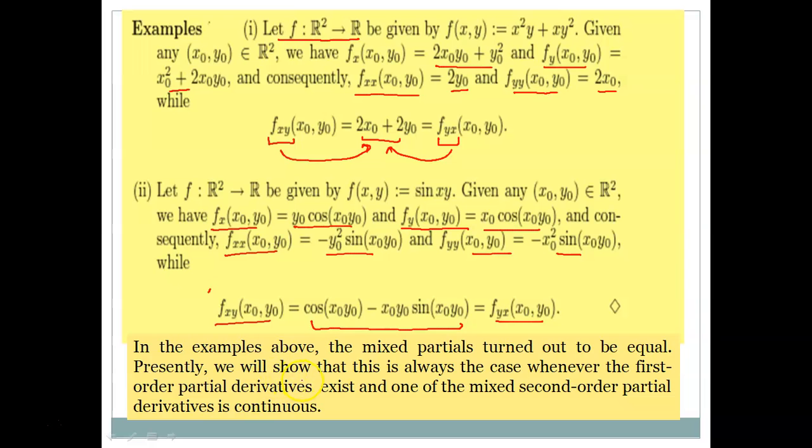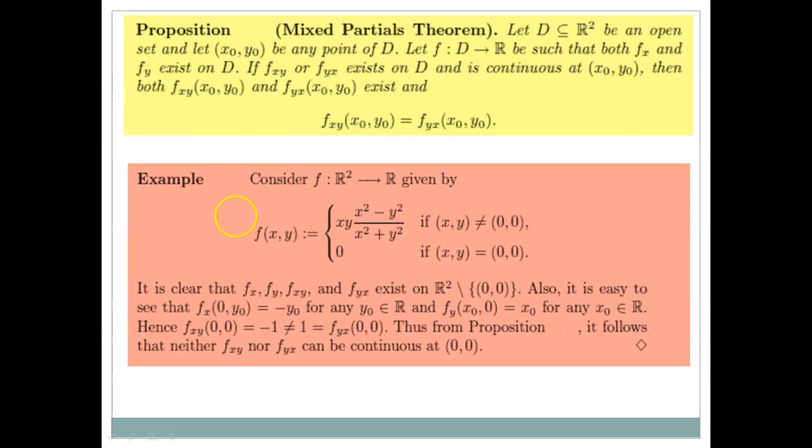Presently, we will show that this is always the case whenever the first order partial derivatives exist and one of the mixed second order partial derivatives is continuous. So you can see the situation. We have proposition 1, and this is called the mixed partial theorem. We write here: let D, a subset of R square, be an open set, and let (x0, y0) be any point in the domain D. Then we have a function f from D to R